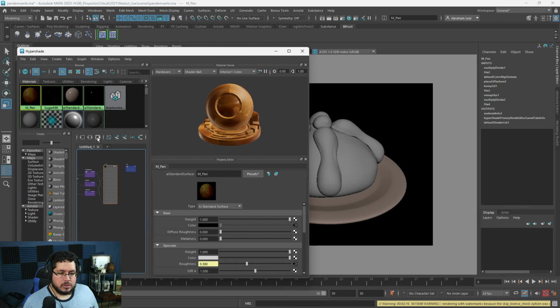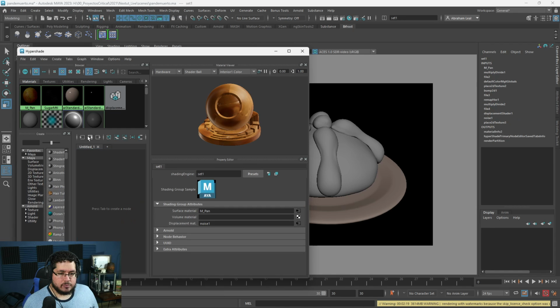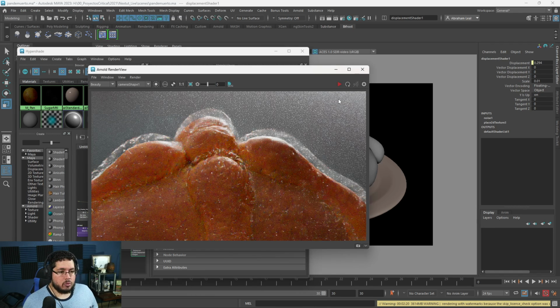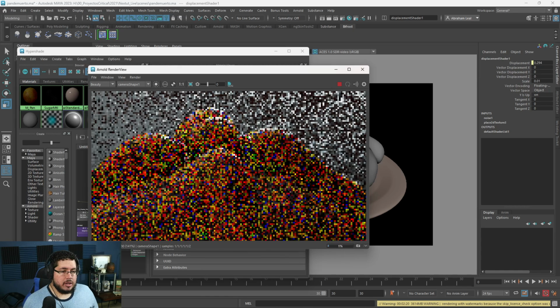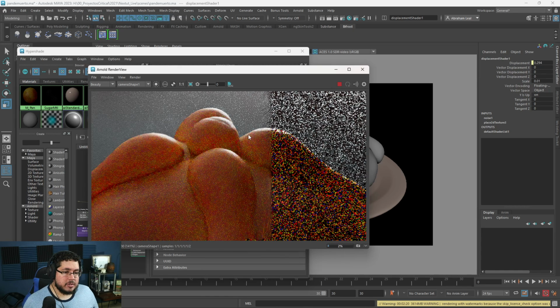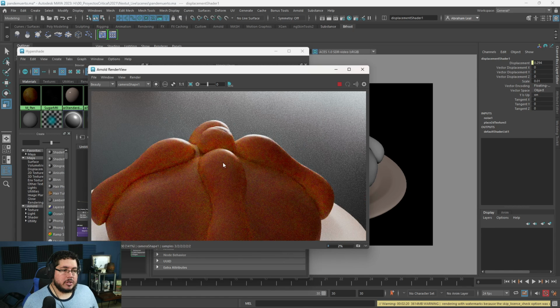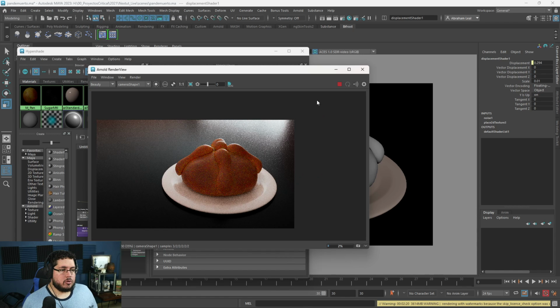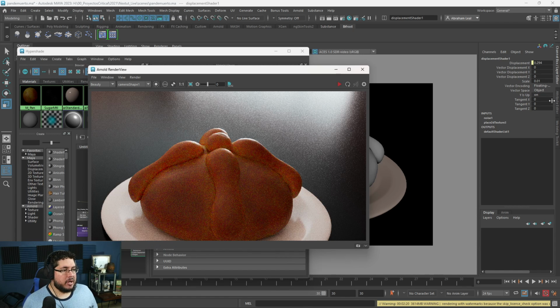Let's go to the displacement shader. If you remember, we had a displacement scale of 0.03. Let's do 0.01, so quite low. Since the surface of the bread shouldn't be displacing as much, we should be seeing the crystals a little bit clearer. Another thing I'm thinking could potentially work, again just for this particular exercise,